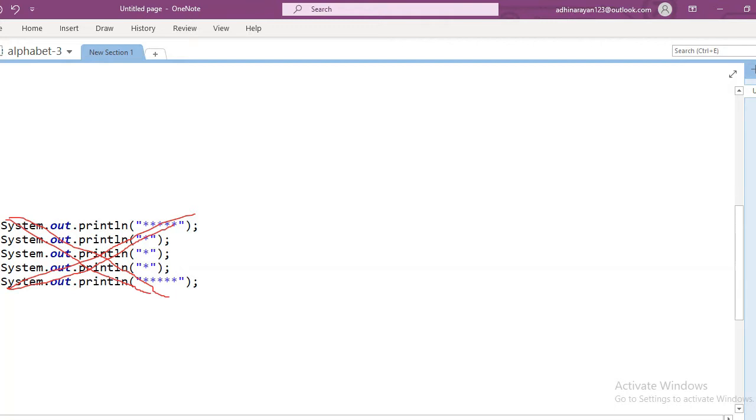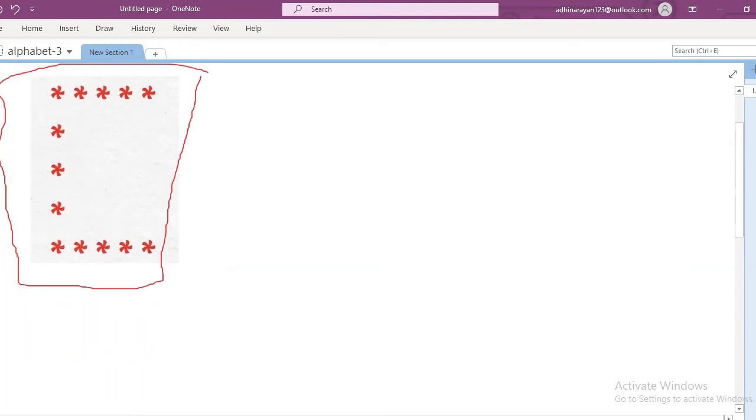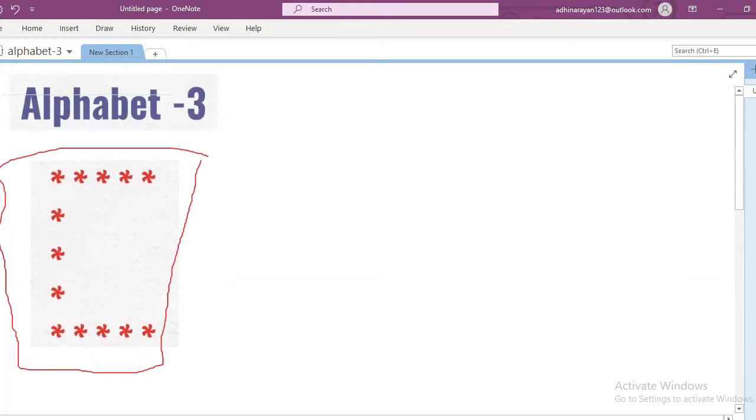If you write any pattern program, it should be printed dynamically. That means if you give any value, the alphabet or any pattern will be printed based on that value.